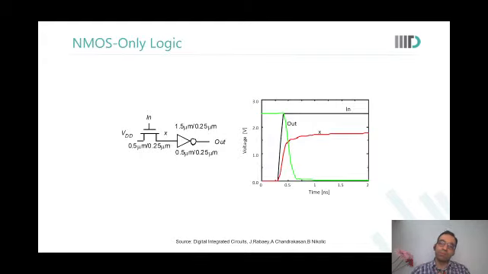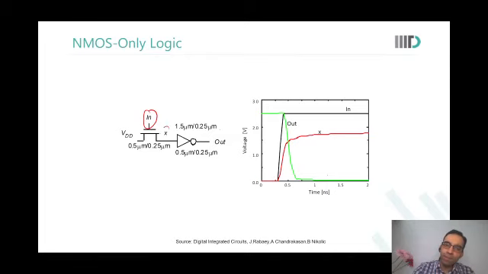Then what is the challenge? The challenge, as we said, is that you put something and then at the output you put a buffer. Let us say this input goes from 0 to 1. If in goes from 0 to 1, this NMOS turns on, it charges up Vx and output goes to 0. So you get the output as 0.